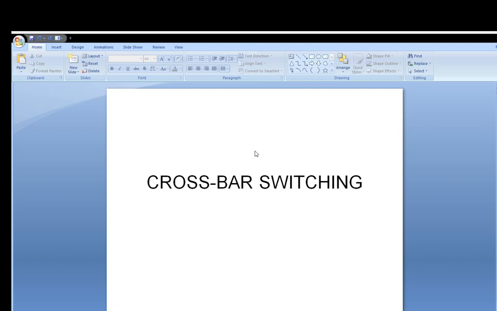So in continuation of that, we are going to start discussion on crossbar switching. That means its working, its connection principle, connection styles, and so many other points. We will discuss its limitations as well as improvements in crossbar switching over time.